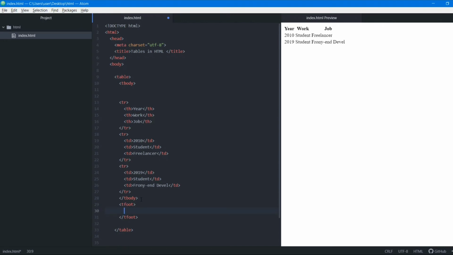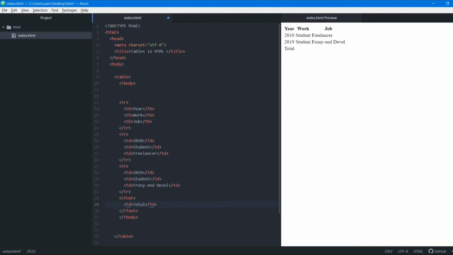Here whatever we write, suppose we want to find out the total of something, we'll write it here in tfoot. Okay, inside tbody we'll write it. Before closing tbody we'll write tfoot, and here we'll add td, then we'll write total. You can see it will appear here.